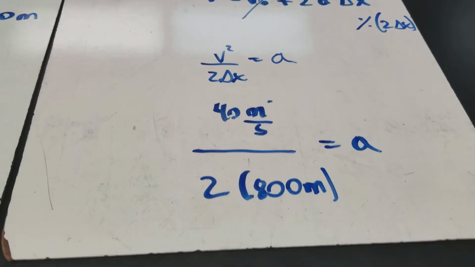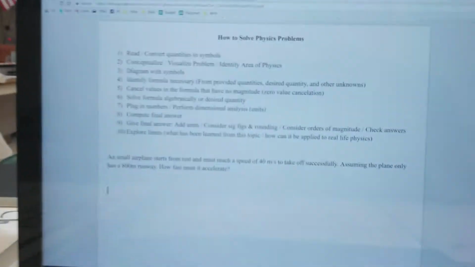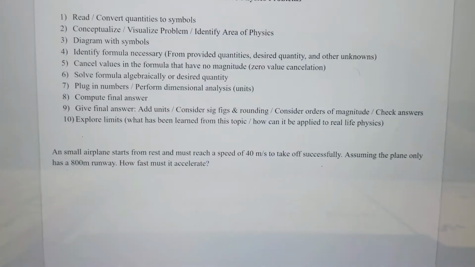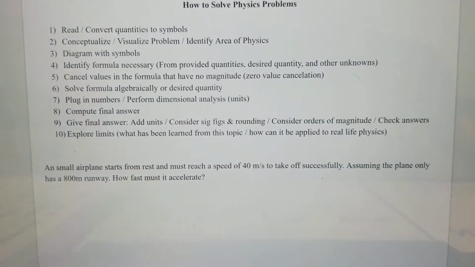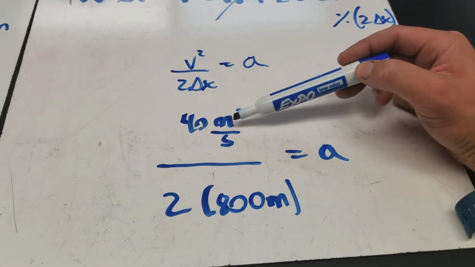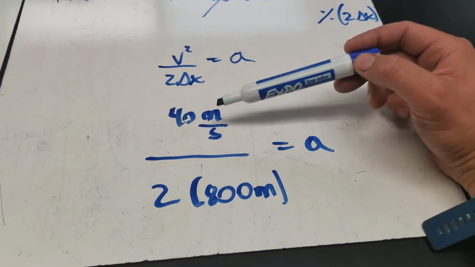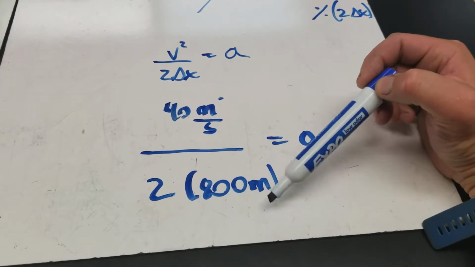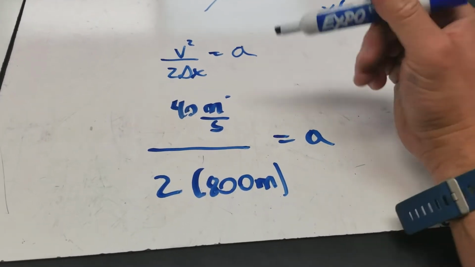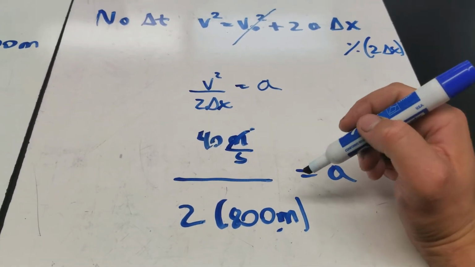All right, so we're almost there. Now, the next thing that we need to do is compute the final answer, remembering to do that dimensional analysis as we go along. What they mean there is actually do math with units. I might do another video about that at some point, but what we have here, if you pay attention, is meters on the top and then meters on the bottom, right? So that means that this meter up here will cancel out,